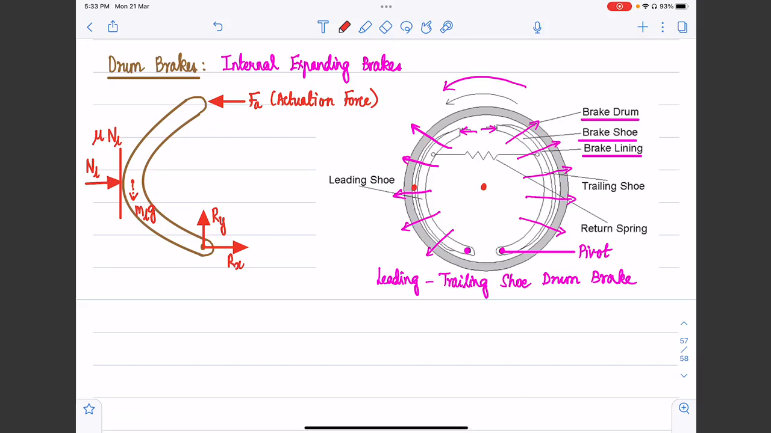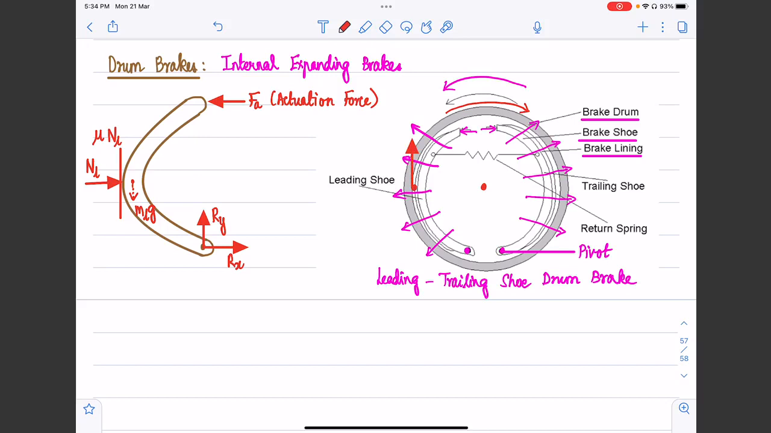Please note that the wheel is rotating in the counterclockwise direction. In order to develop a braking torque, I have to develop a clockwise torque. The friction torque will be a clockwise torque, is it not? So at this point, how will I generate a clockwise torque on the brake drum? Only when the force on the brake drum is tangential and upward in this figure, right? Only then, if I calculate the moment about the center,